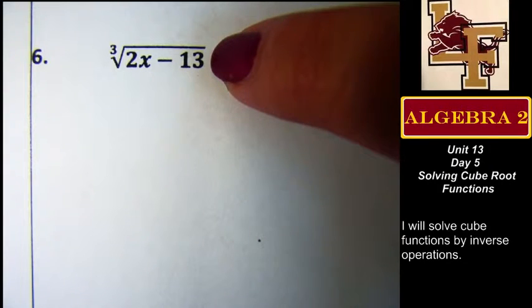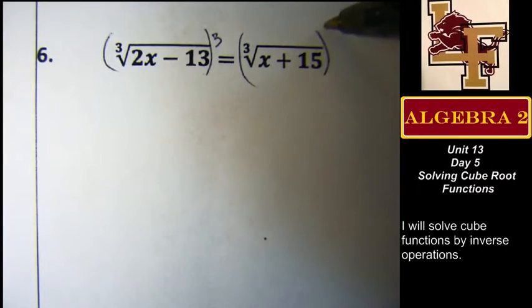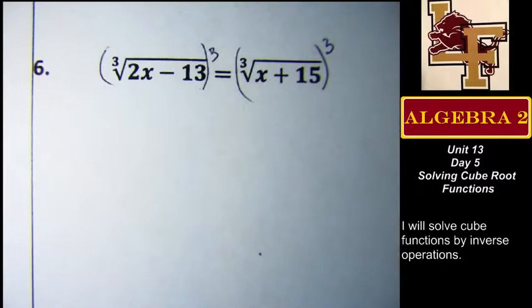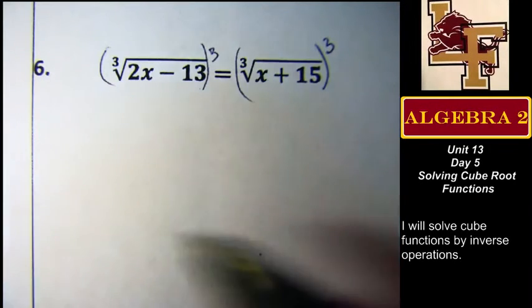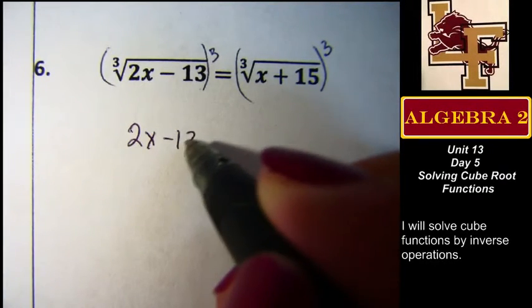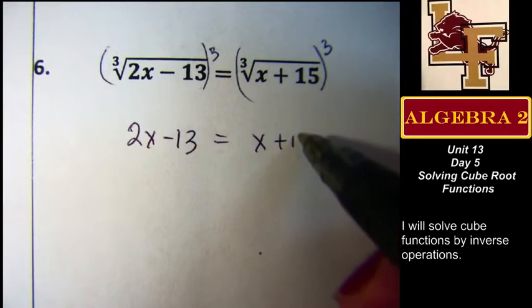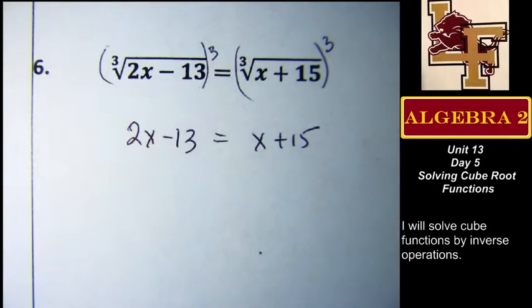Looking at just the left side, is the cube root by itself? Yes. Then I can raise everything to the third power. But now look at the right-hand side. I got something with a third root being raised to a third power, they cancel. So I'm going to cancel the root on the left, I'm going to cancel the root on the right. My left is this stuff, the right is that stuff, and then we're back to the equations that we're more